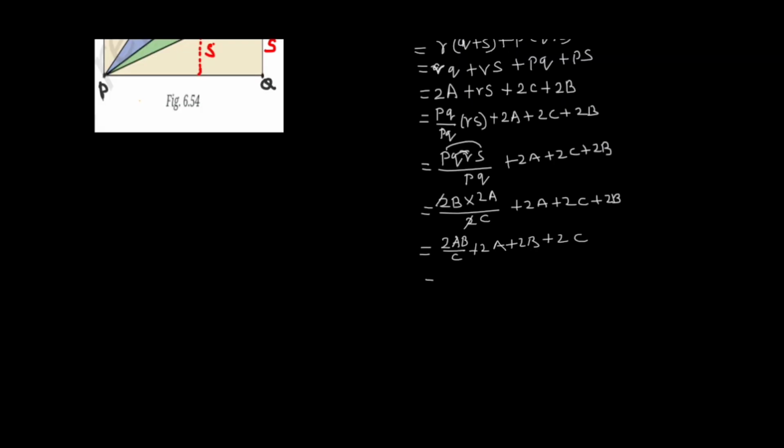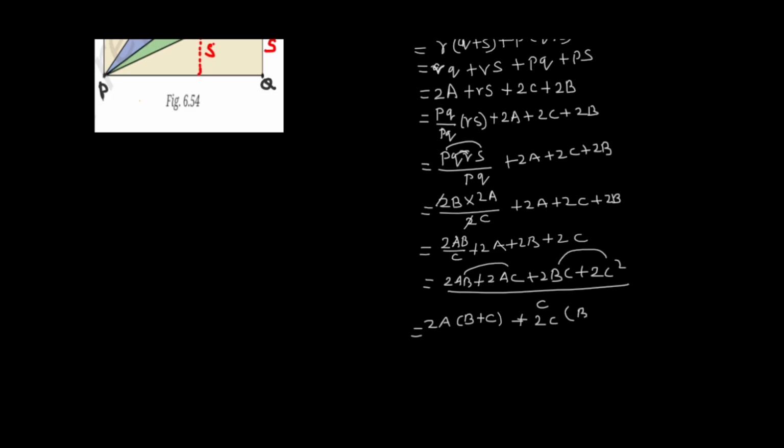Taking LCM, 2AB plus 2AC plus 2BC plus 2C squared divided by C. Now from the first two terms, we can take 2A common, so the remaining is B plus C. From the next two terms, we can take 2C common, so the remaining terms are B plus C